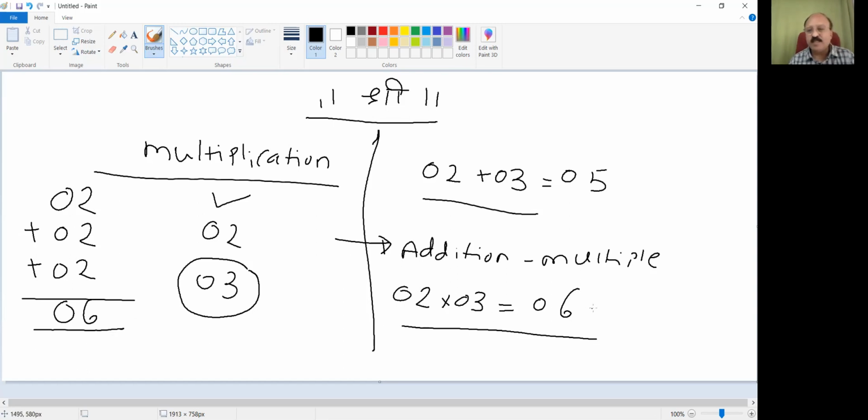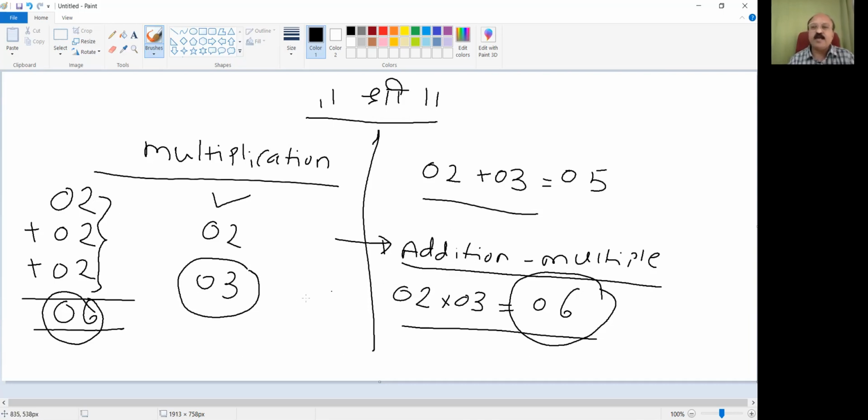So multiplication of 02 and 03 and addition of 02 three times is the same, isn't it? Multiplication is nothing but addition multiple times. Right, friends? So we use the same logic in our program.